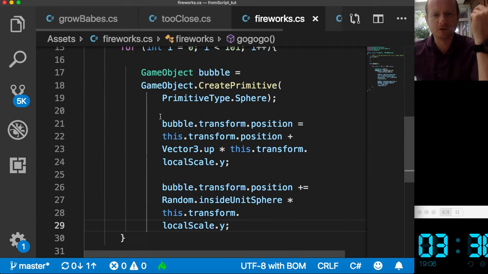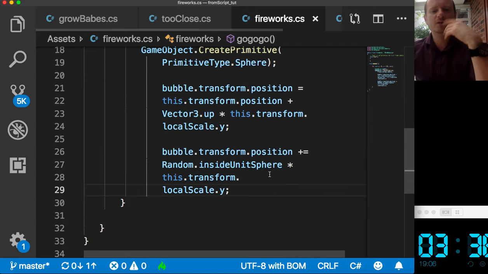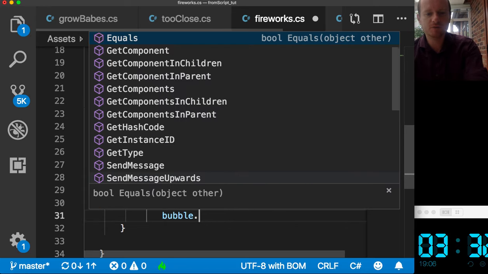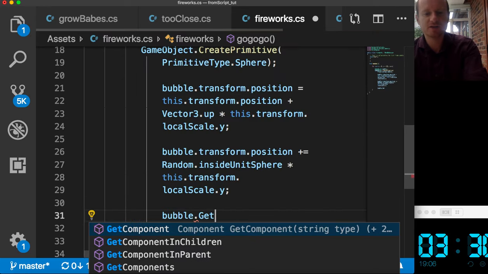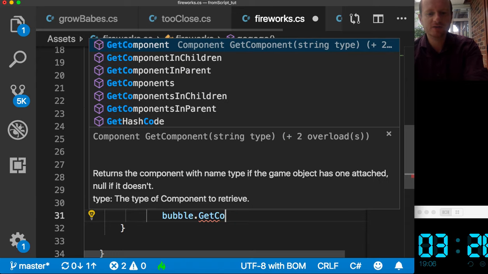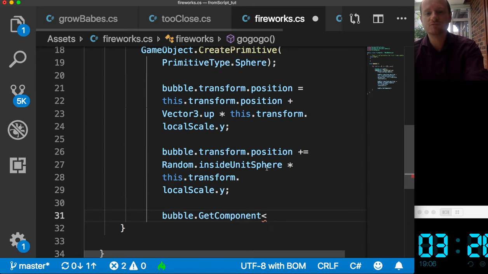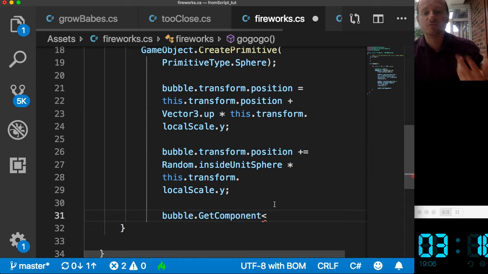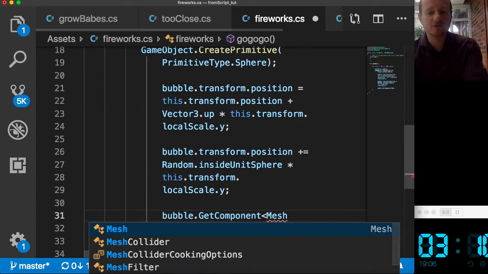Okay, I think that would just about work. It would be nice to actually make those little bubbles pink. So let's do that. Bubble dot get component. We have to write get component here, not just refer to the transform, because the transform will be attached to every game object, but a mesh renderer won't. So Unity has built-in access to the transform, but it hasn't built it into the other components. So get component mesh renderer